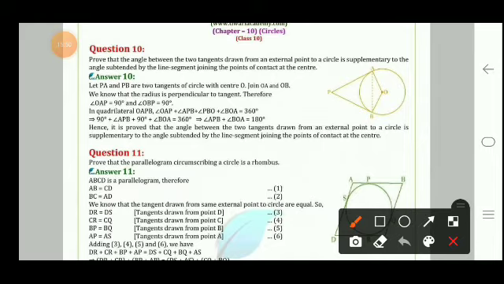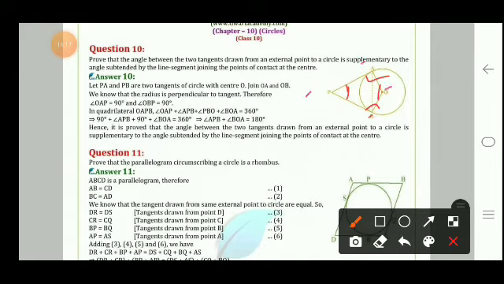So in the 10th question, what we have to show is that this angle and this angle, their sum is equal to 180 degrees. As we all know, the tangent at the point of contact and the radius are perpendicular, so these are both perpendicular to these. So both the angles are equal to 90, that is, angle OAP and angle OBP are equal to 90 degrees each. Now using the angle sum property of a quadrilateral, we know that the sum of all the angles of a quadrilateral is